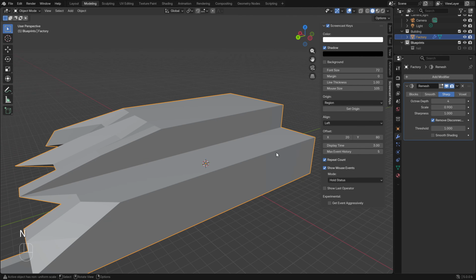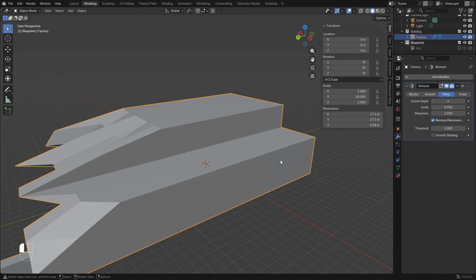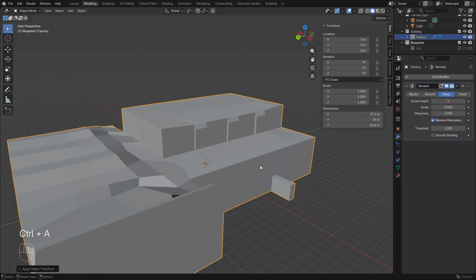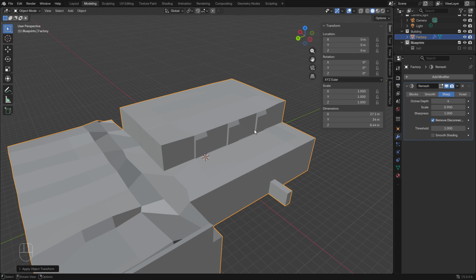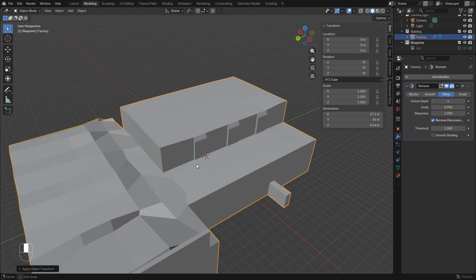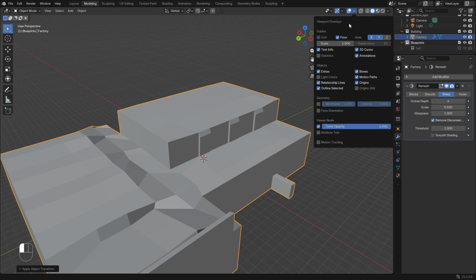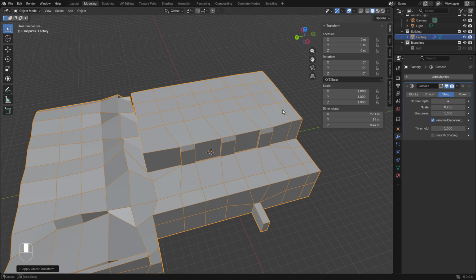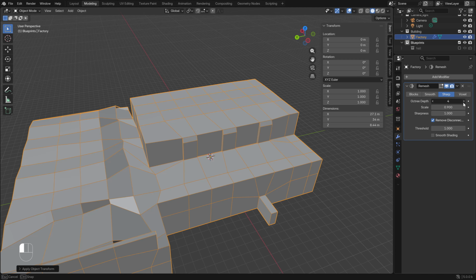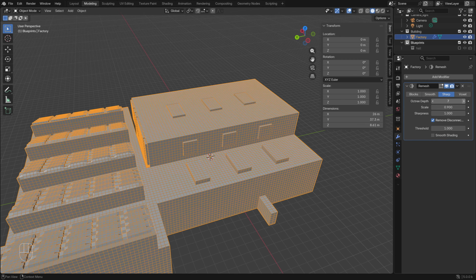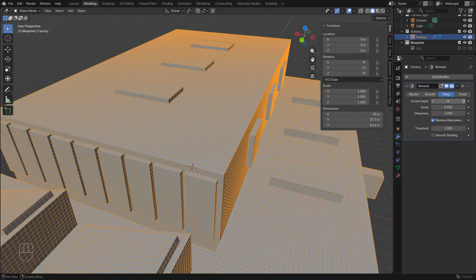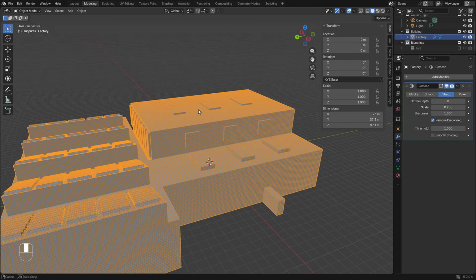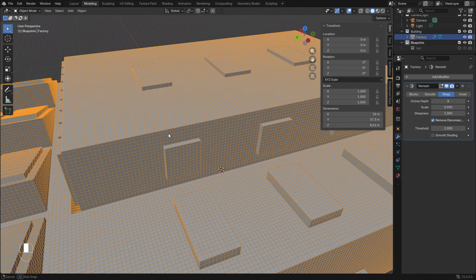So first, we have to check the scaling. It's 1, 10, 1, and we press Ctrl A and fix the scaling. It's a bit better, but it has way fewer vertices than the original copy. So what I'd like to do is go to the wireframe so you see what is happening, and increase the depth to 6 and 1 more. Okay, we go to 8, and this looks like